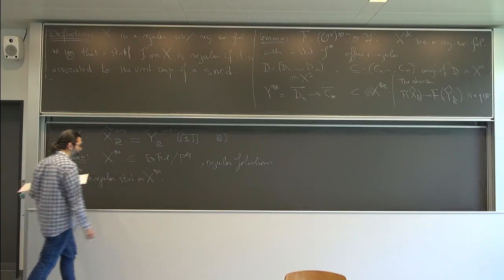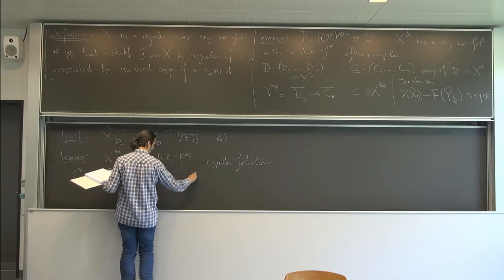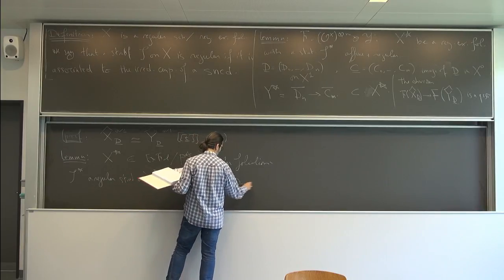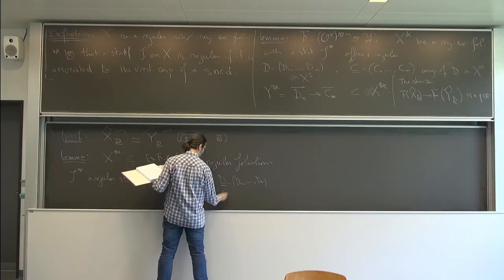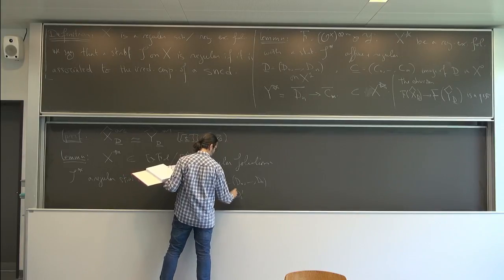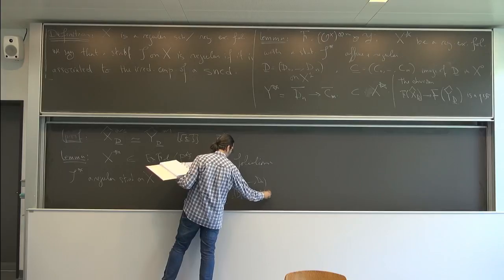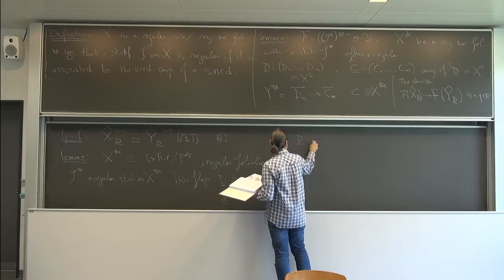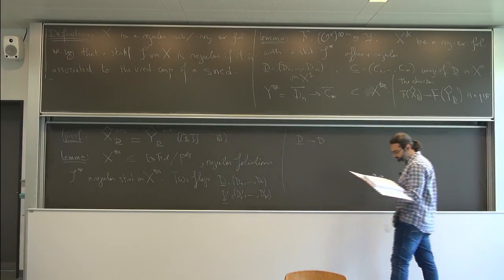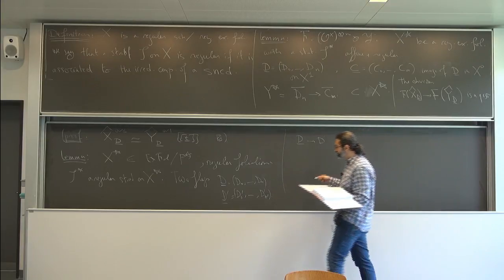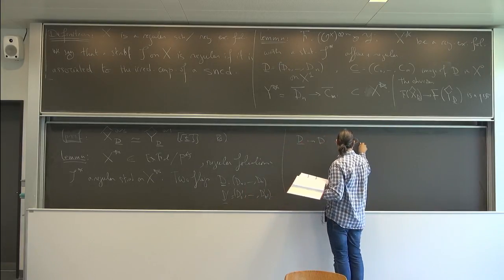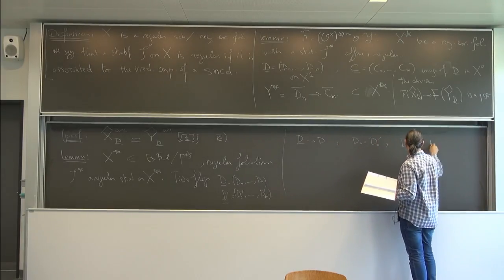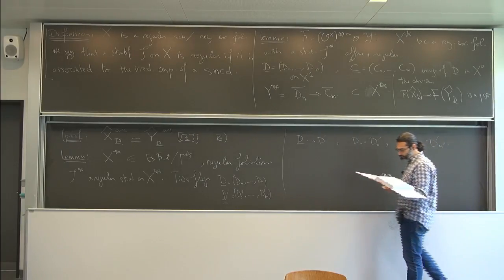Now we take two flags, D and D prime, and we take also a morphism between them. And you assume that we have the same end strata. So I assume that d0 is d0 prime, and dn is d prime n prime. Okay, so then